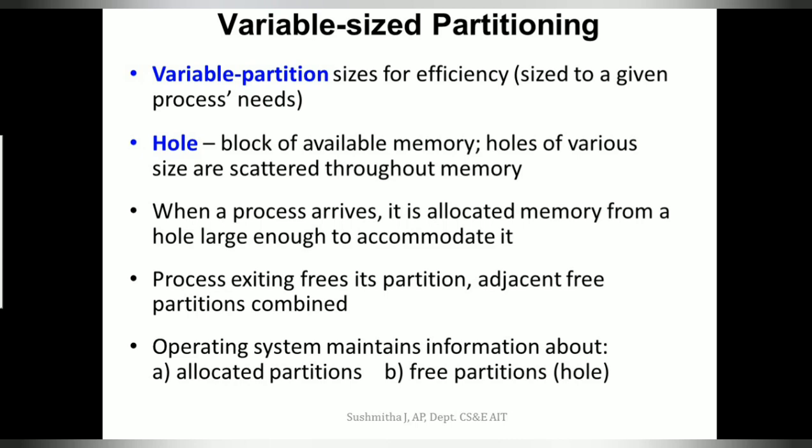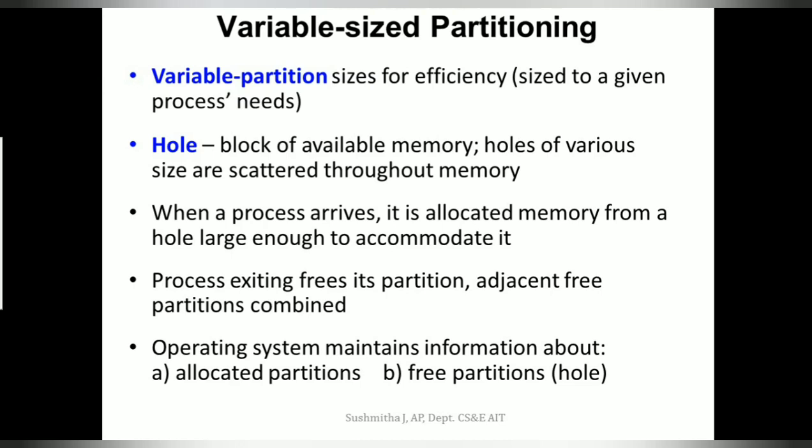So previously, irrespective of the number of processes in the system and its size, we had a fixed set of partitions, but here we vary the partition according to the size of the process. So once we find a hole or a block of memory available, we allocate that process as much memory as it needs, and we keep the remaining memory for the other processes that may come in the future.